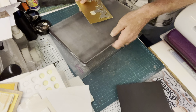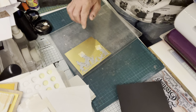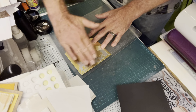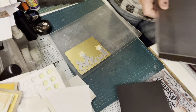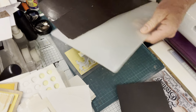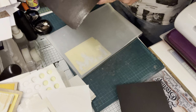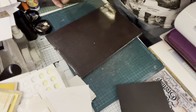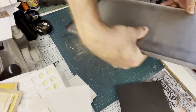So I'm using my Gemini. Now I'm going to put it this way because I know the greatest pressure is on this side. So cutting plate, clear plastic shim, magnetic sheet, and then another clear cutting plate on top, and that is your